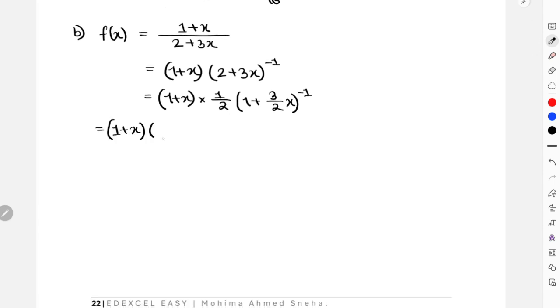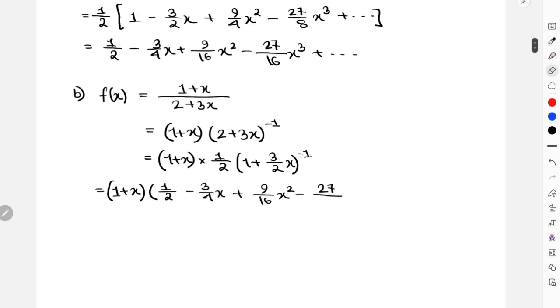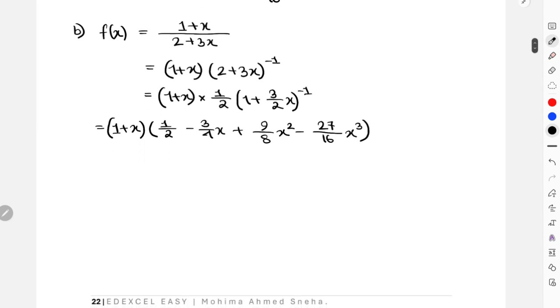This will actually be multiplied with the expansion we did in part B. Half minus 3 over 4 x, 9 over 16 x square, and then 27 over, this is 9 over 8. Yeah, 9 over 8 x square and 27 over 16 x power 3. From this part,